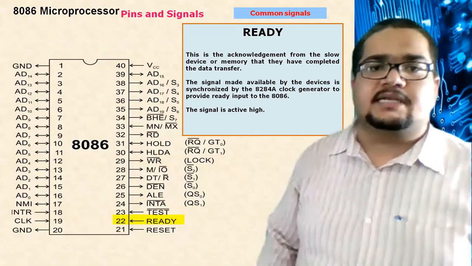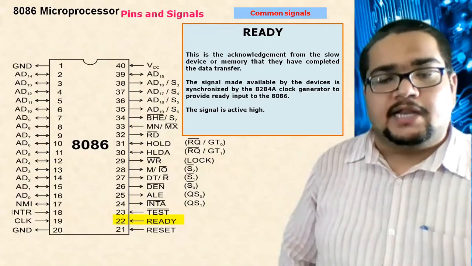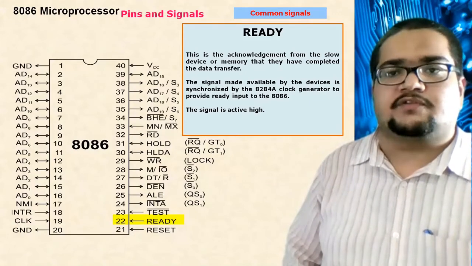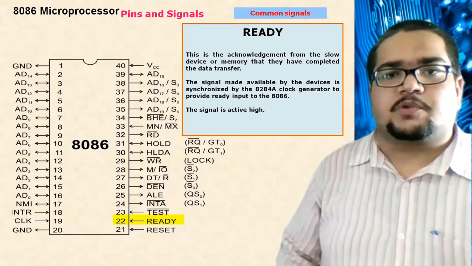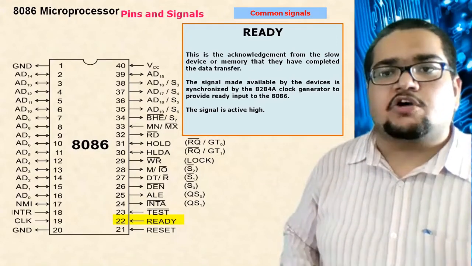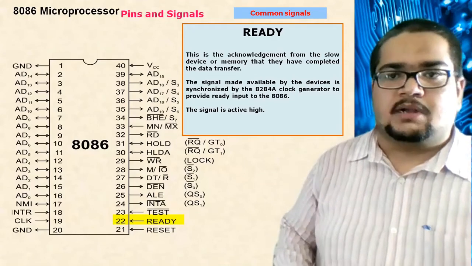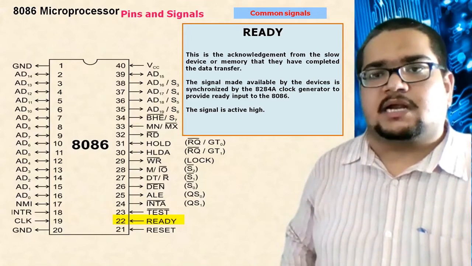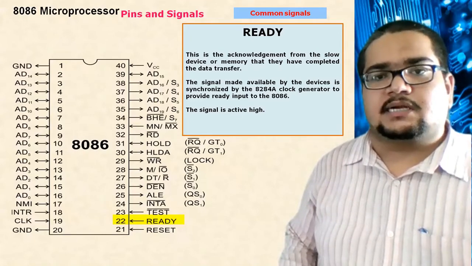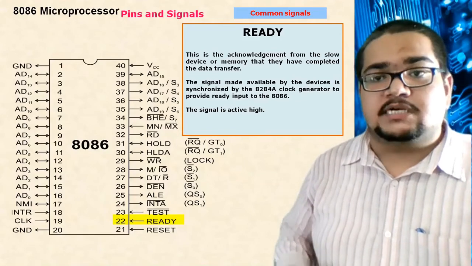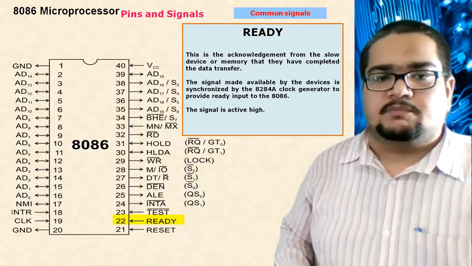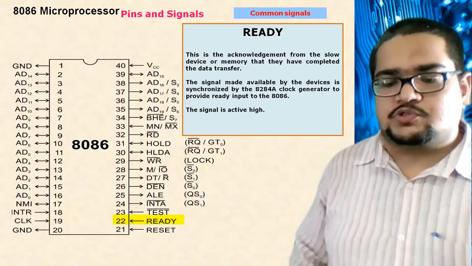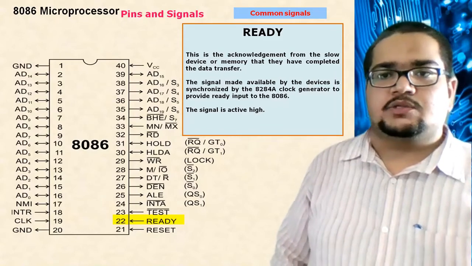Now this READY pin is a type of acknowledgement provided to the processor by the other peripherals, specifically memory. Majority of the time memory will give an acknowledgement to the processor that my operation has now been completed. I was slow, but now my operation has been completed. The task of data exchange is completed. I have read the data completely, or I have written the data completely. Who tells it? The memory tells the processor, because this pin is an input to the processor. It's an indicator like, suppose you are working somewhere, you and your friend are there.